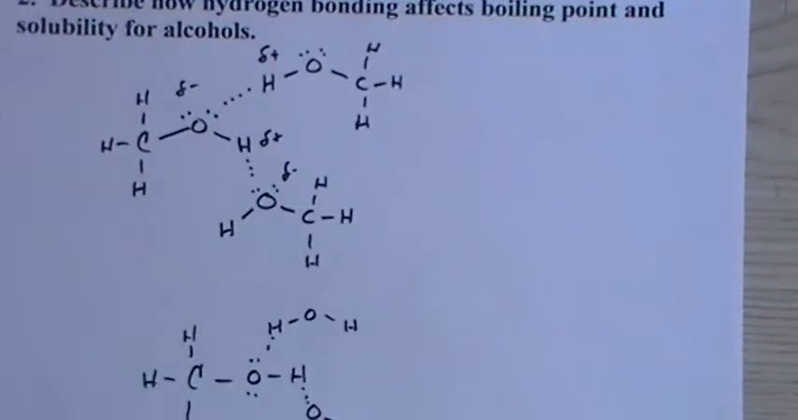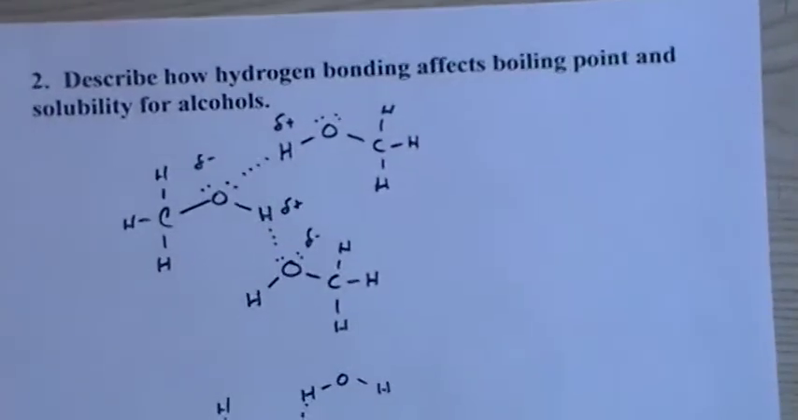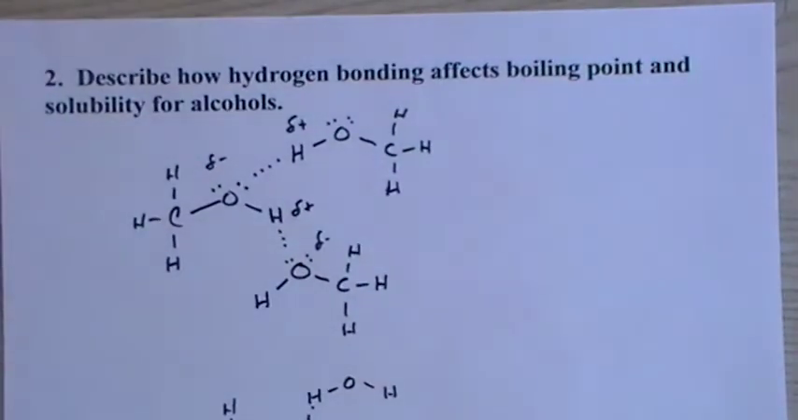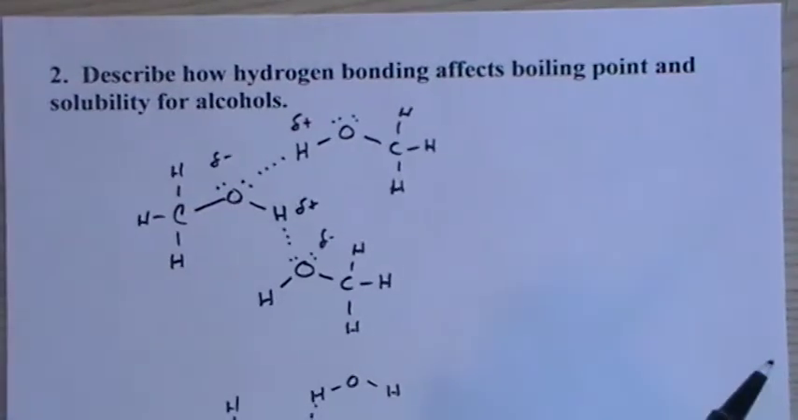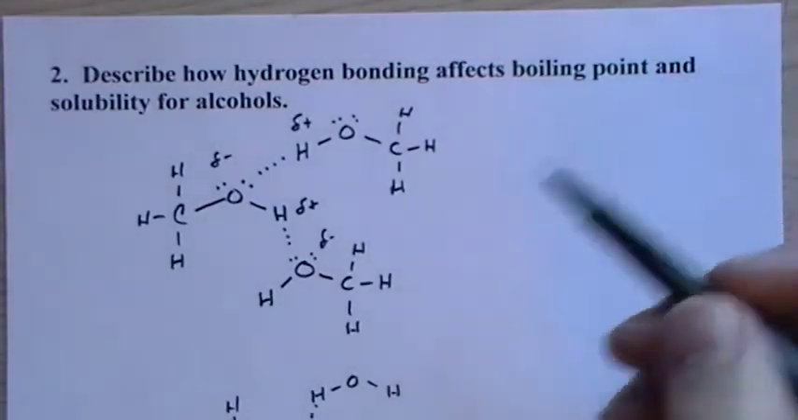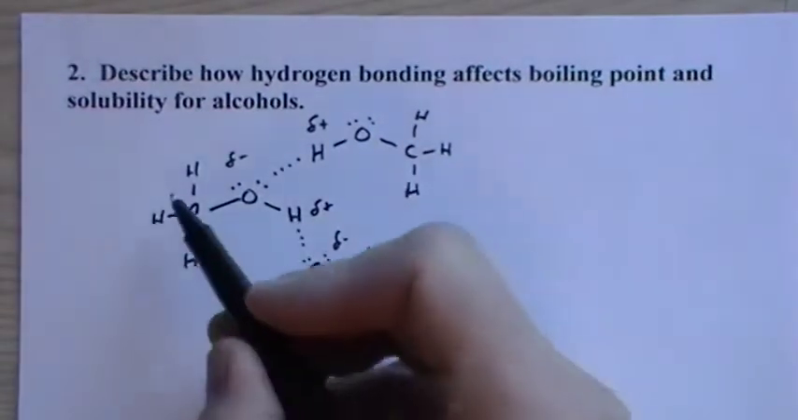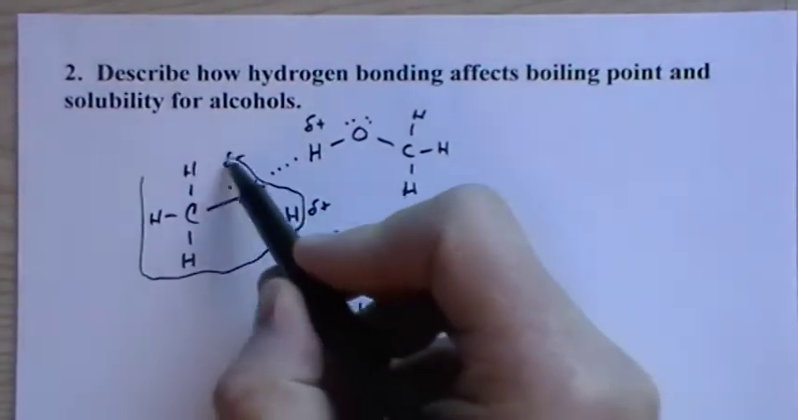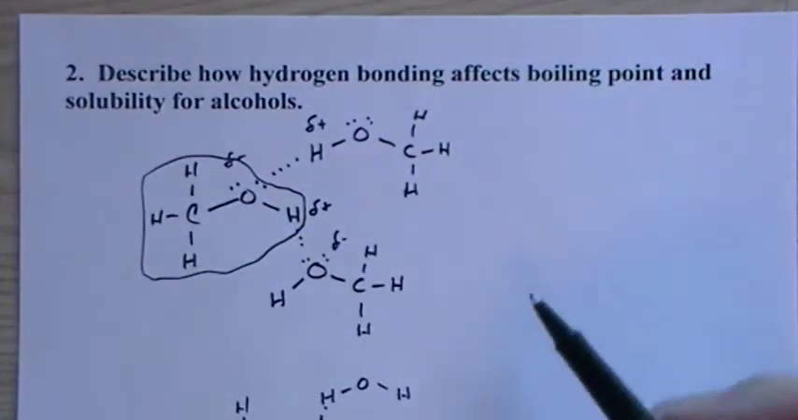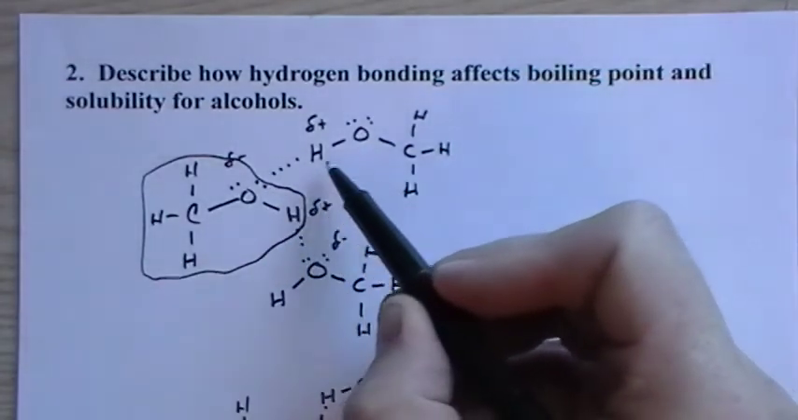So let's take a look at why that is. Those are the two properties. Now if I asked you why we have those types of physical properties, the answer is it's due to hydrogen bonding. Here's methanol, and you can see that it has that OH group, and just like